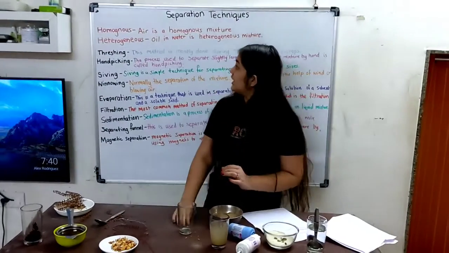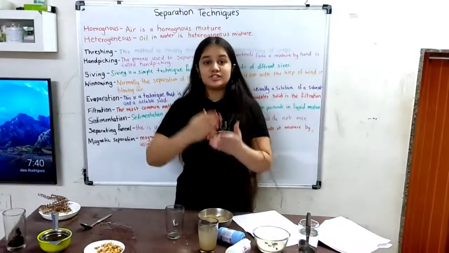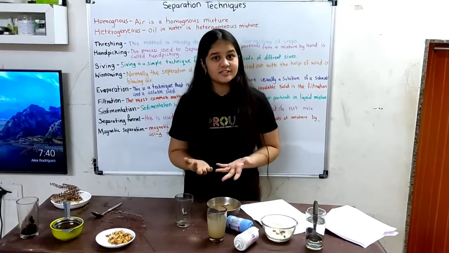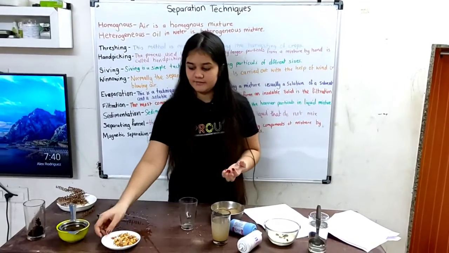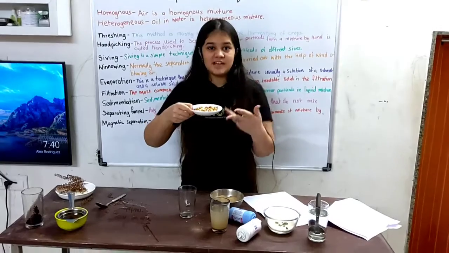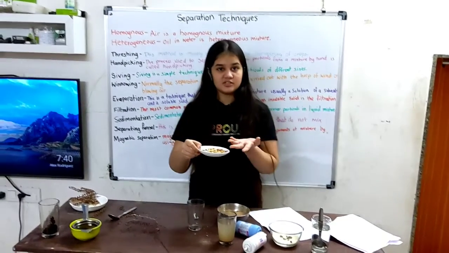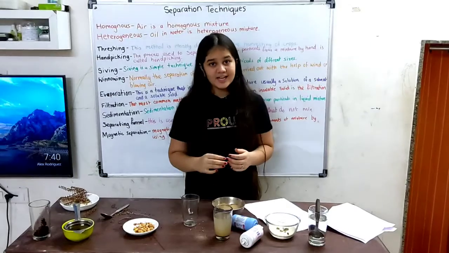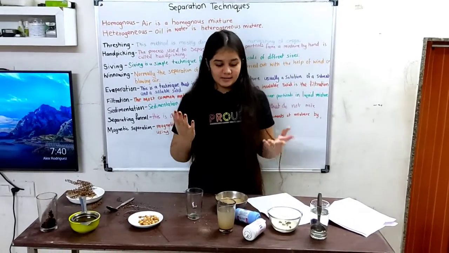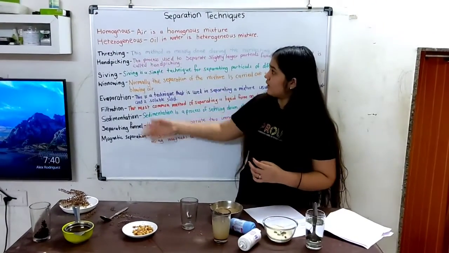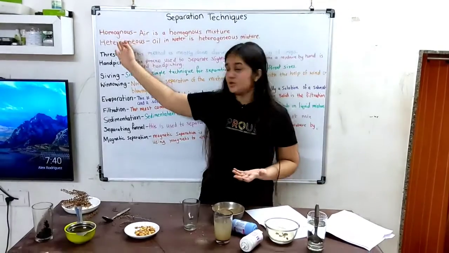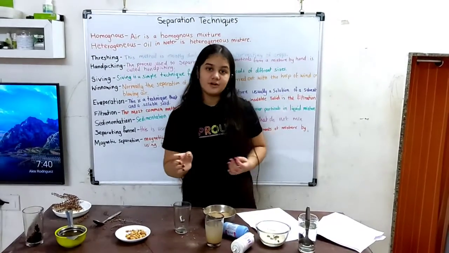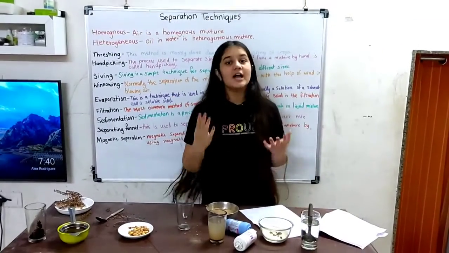So these are all the separation techniques which you use mostly in chemistry, and also in real life, as you saw here, like when we blow. Sometimes for cooking we need just the peanuts, not the peels. So we use all these techniques daily, but mostly in chemistry. These techniques are very important, and these are some of them. We also know what homogeneous and heterogeneous mean. So this was a video about separation techniques.